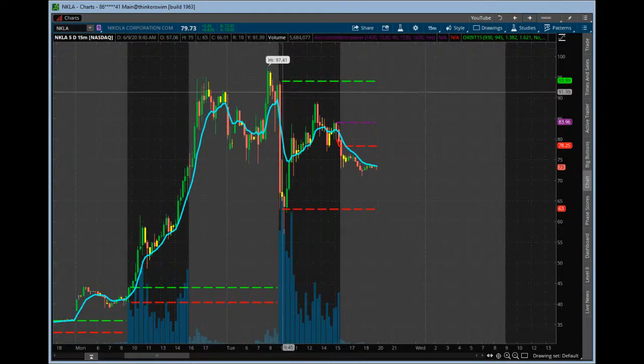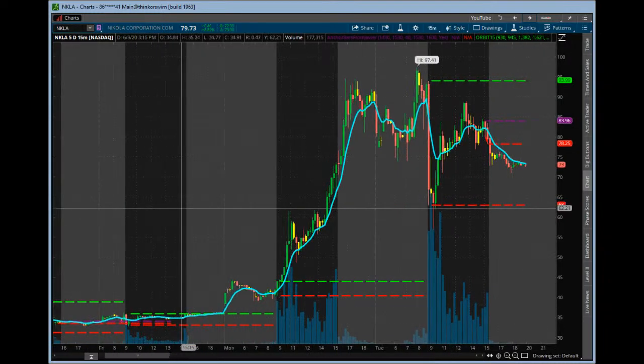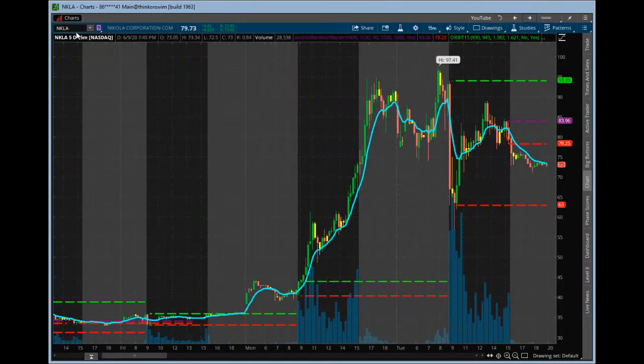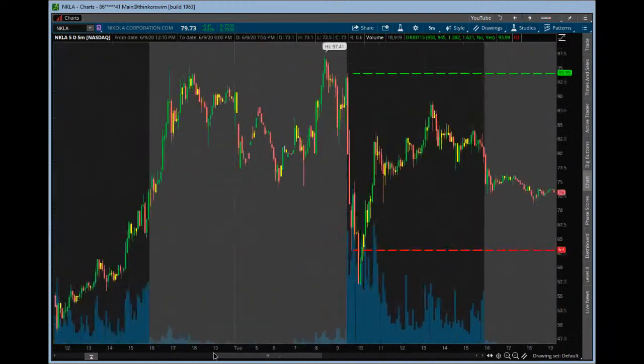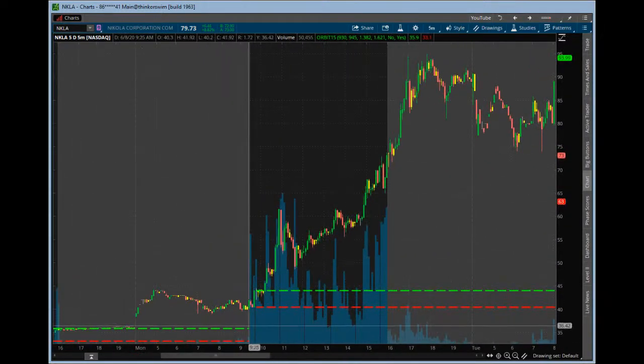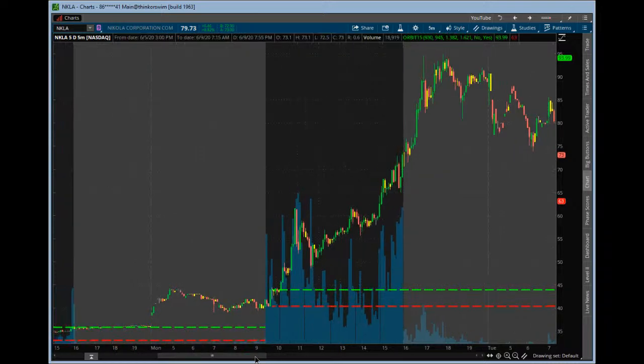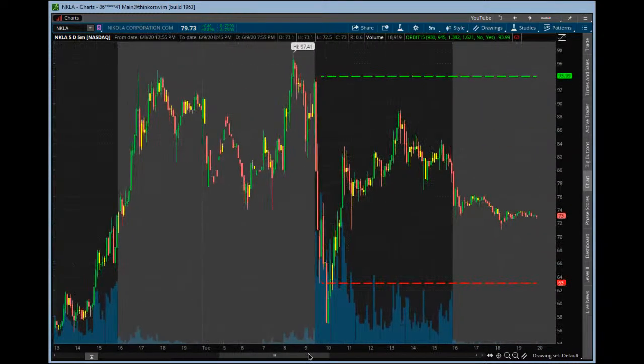Right, and then it kind of drifted up. That was huge, right? You start to see that going on. We see this a lot in stocks that are getting ready to move on the intraday, especially on the smaller time frames. If you go to the 5-minute chart, you can really see it. The 1 minute can get a little bit choppy, but you really start to see this volume start to amp up, right? So you could have even got in before that big move right here. It's just like boom, boom, boom, right? Something's going on, right? So that's definitely something to keep an eye on, and we see it happen a lot intraday.